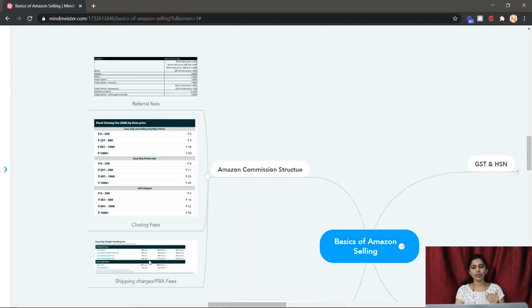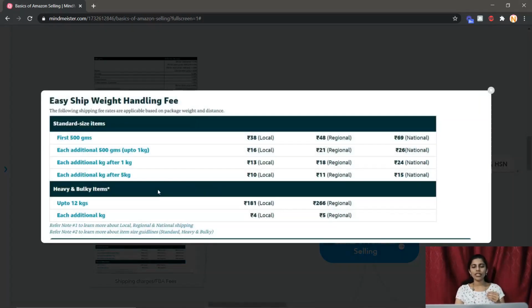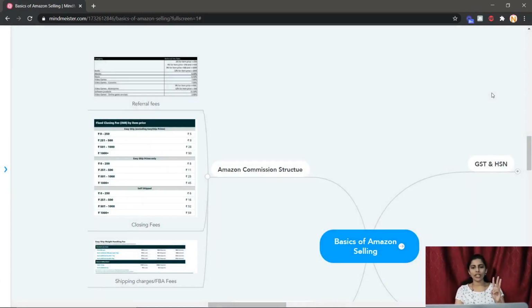And next we have one more fee called shipping fees. I would have mentioned it as shipping fees or FBA fees. In case you are using Easy Ship, this is the shipping fees chart. In case you are using FBA, there are some other calculations done, which is called the Kitna Milega calculator, and this also I will be sharing in the workshop. In brief, there are 3 different charges. One is referral fees, another is closing fees, another is shipping charges or FBA fees. So whenever you sell a product, these 3 charges are debited from your side. So if you are making a successful transaction, after debiting all these amounts only, Amazon is going to pay you.